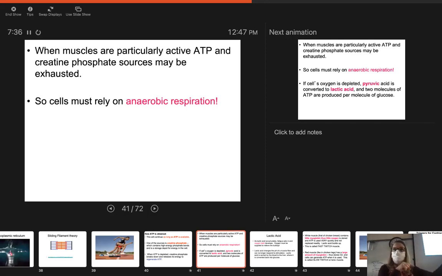During that 22 seconds it takes grandma to get over to the door, she hasn't entered aerobic respiration yet. Her muscles aren't getting the oxygen they need. So if you've ever heard that grandma fell, I can guarantee you it's because she was in anaerobic respiration. Now, could she have slipped on the ice? Okay, yeah. But if it's one of those things, like, oh, grandma got up to get the telephone and she fell. Because grandma's like, oh, okay, I'm coming, honey. And she's walking to the door. She's not breathing deep yet.